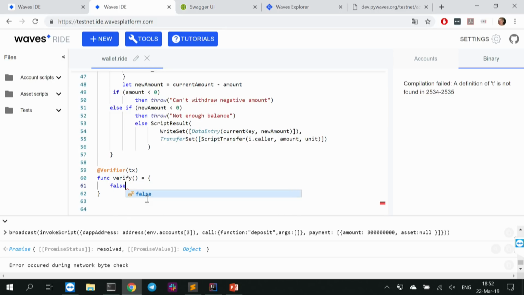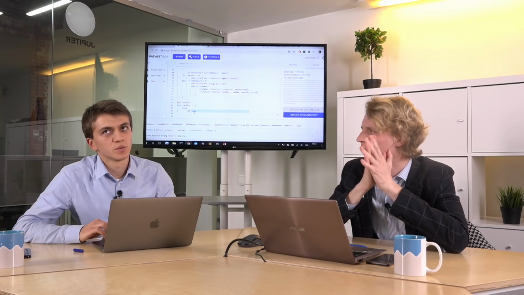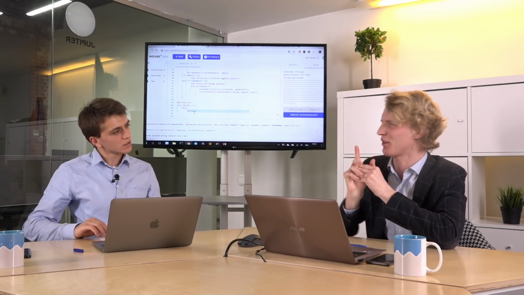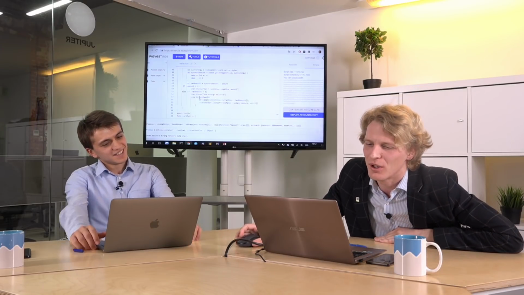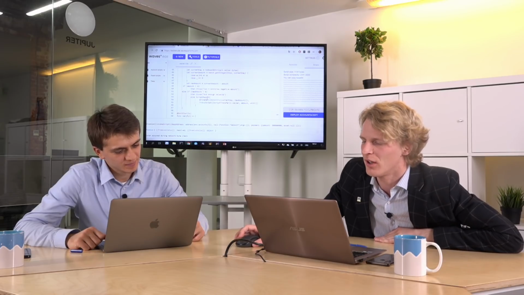Let's say it's false. What does it mean that it's false? When it's false, it means that you cannot issue transactions from this DApp. And this makes the verifier like an admin function. Take a second and think this through. When we do operations with these deposits and withdrawals, they do things similar to issuing data transactions and changing the internal state, and they do transfers, making outgoing transfers.